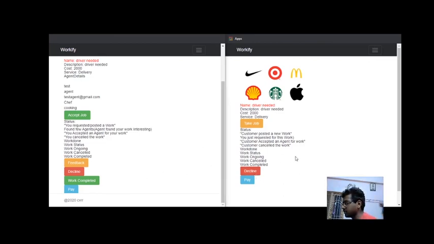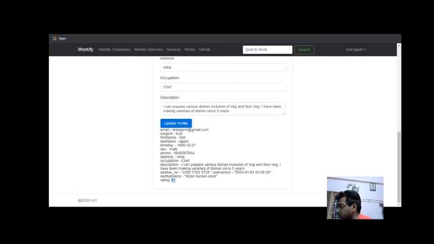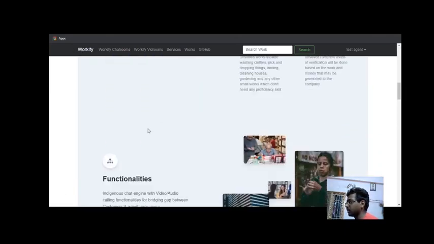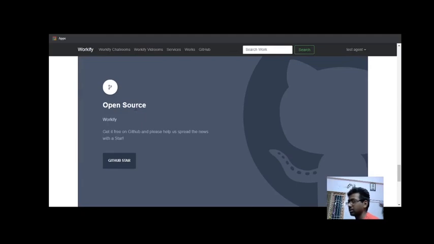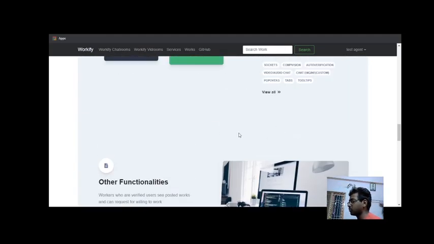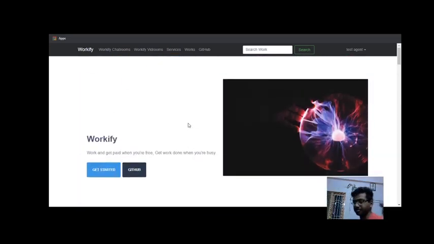And once this has been done, now let us see the agent rating. After this, it's changed to 5. Again, I have used aggressive parameters to show the huge boost, just as a test example in the demo. So yeah, that's it. And so that's Workify. You can contribute to us, this is an open source project. You can give a star, and you can give your suggestions. You can go through all this documentation on the landing page. So yeah, thank you. Thank you.